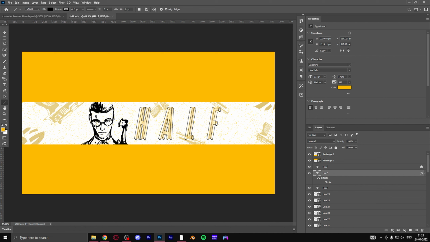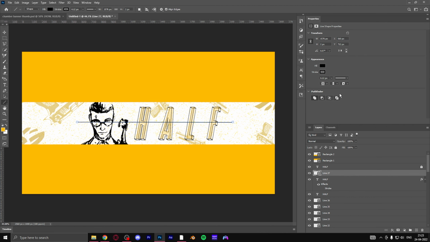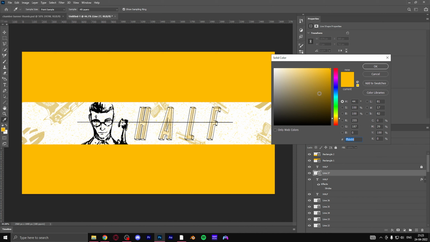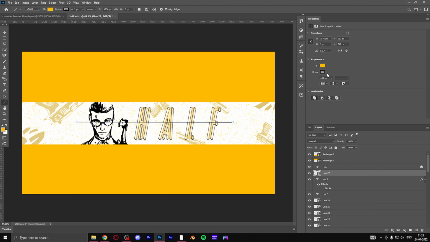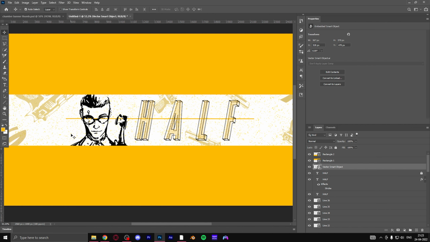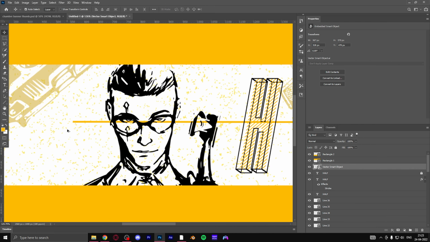by just drawing a straight line across this and changing its color to gold. Once you've changed the color to gold, maybe even increase its thickness, not too much and not too little. About 6 is fine. So now what you do is select the line